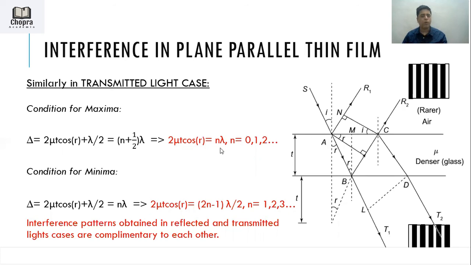So you see, interference patterns obtained in reflected and transmitted light cases are complementary to each other. What do we mean by complementary to each other? You see here, just next to the diagram, these are the fringes you see. The one corresponding to black or dark, the minima for the reflected light case, is actually the maxima in the transmitted light case pattern. That is what we mean by